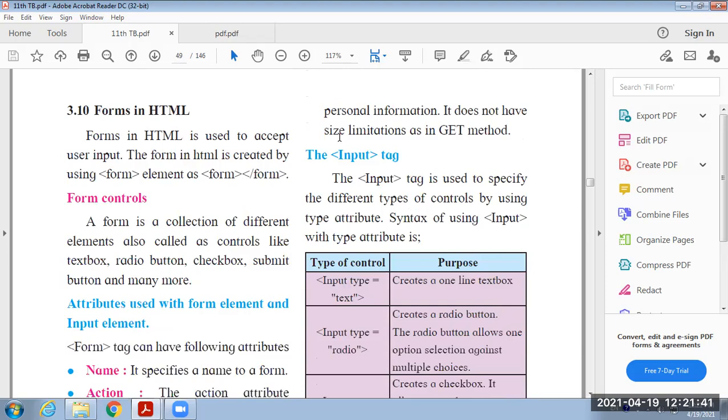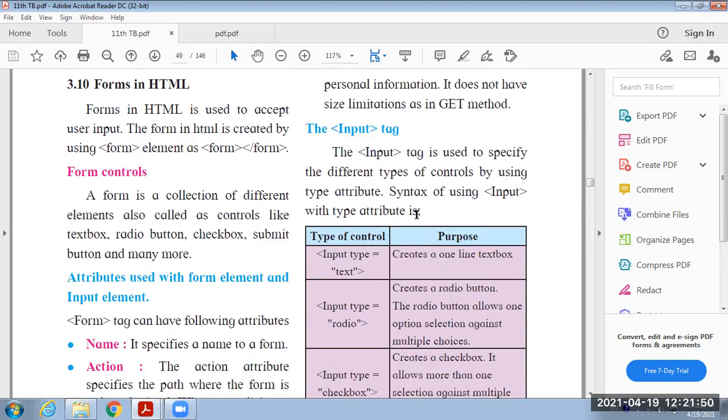It does not have any size limitation as in the get method. Get method has a size limitation to submit the data, but post method does not have any limitation. Therefore, for small size forms the get method is used, and for large size forms the post method is used. Okay, these are the details about the attributes and their subtypes for the form control.